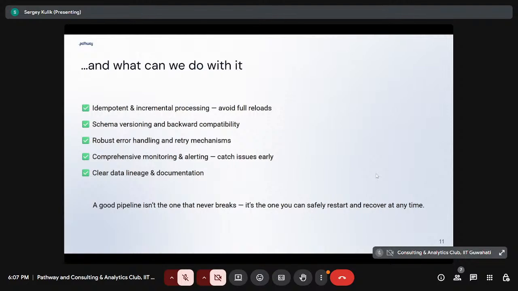So it's better to make all jobs incremental from the beginning, so that you memorize where you stepped last time, and then when you restart, you only read the chunk which has been added. And idempotent means that if you add some entry twice, it still reflects once in your data storage.